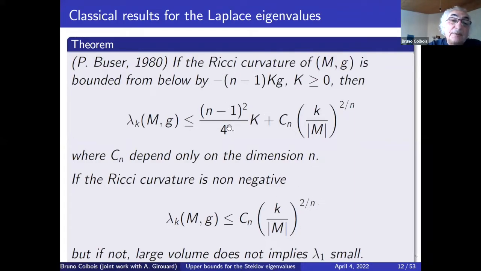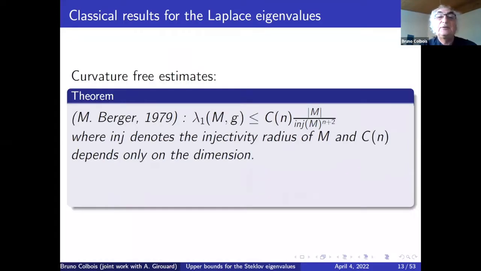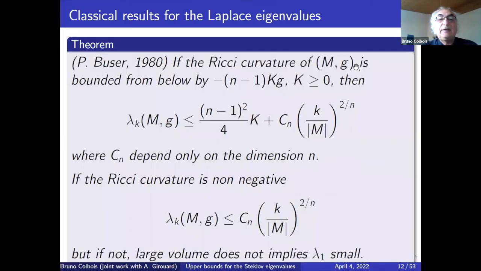We have no first term, but again, it is possible to show that there exists a manifold with first non-zero eigenvalue not too small. But it's much less easy to construct. I wanted to precisely give two results with curvature. And so when you look at the first,